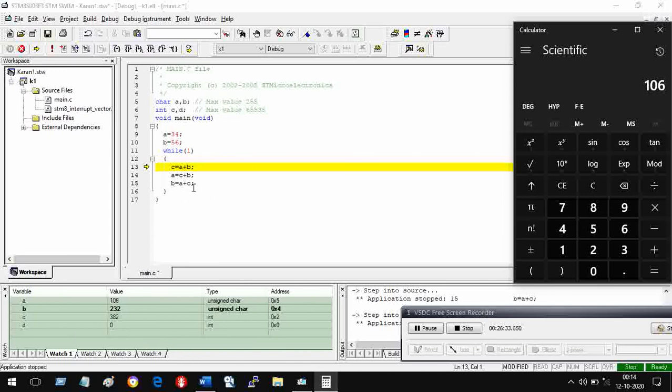It is A plus C. A is 106 plus C, which is 382. This is equal to 488. So subtract 256 from it, and we are left with 232, that is precisely the value of B.